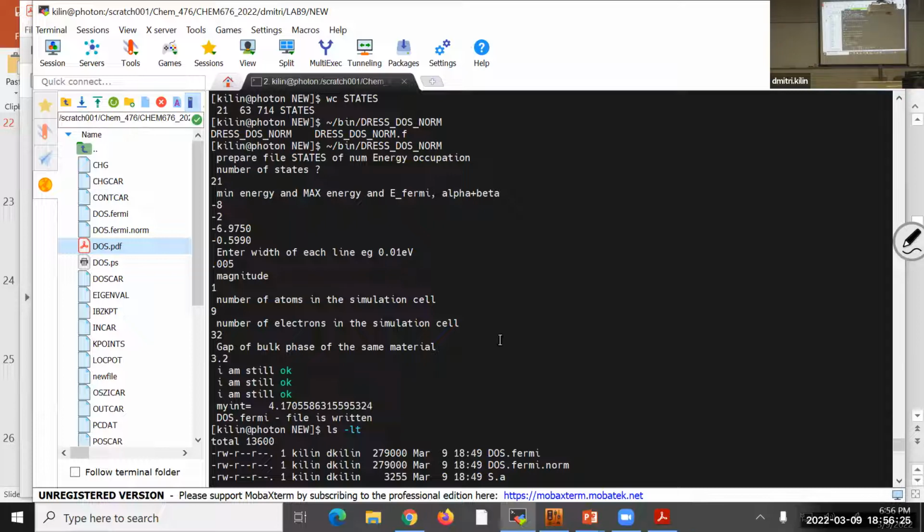Oh, new plot. Uh-huh. GNU plot, space tilde slash bin slash gnu prog underscore dos. Enter. PS to pdfwr, space dos.ps. Enter. And if this one was not okay,